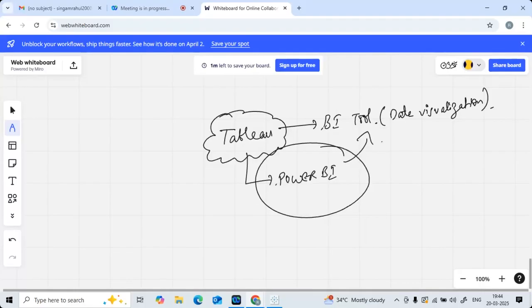Basically, in the job market, along with Power BI, Tableau also has very high demand, guys. Obviously it's a competitor tool to Power BI. If the majority of companies are utilizing Power BI, then the competition is that a majority of companies are utilizing Tableau as well. The interface is a little different and some options are different, but it's quite similar.